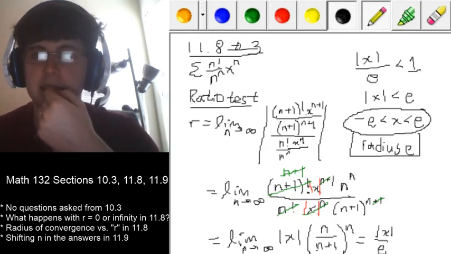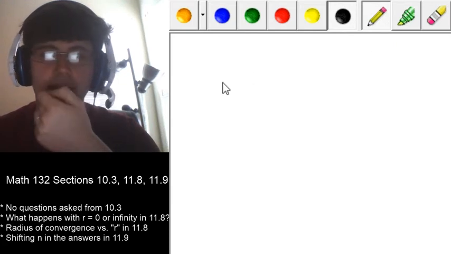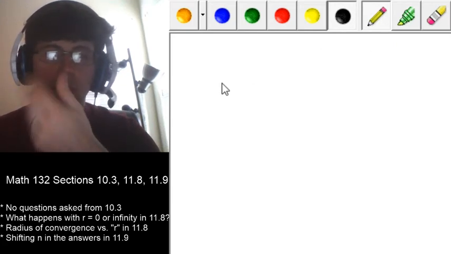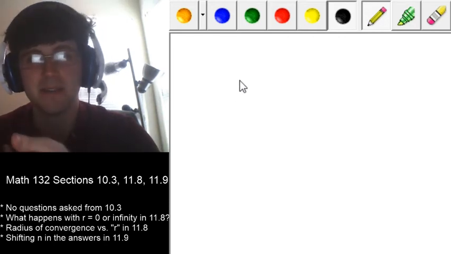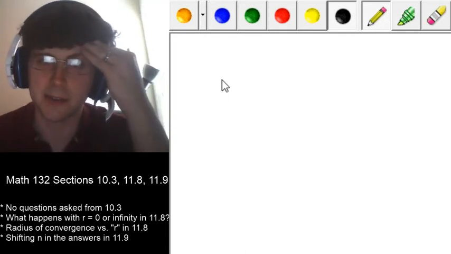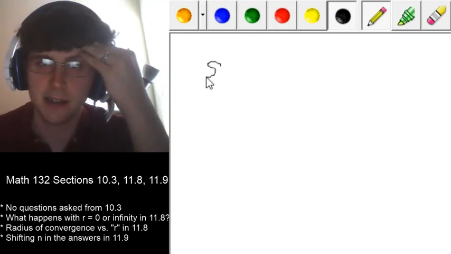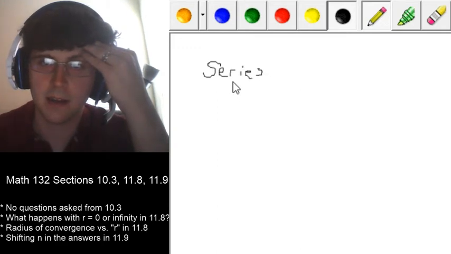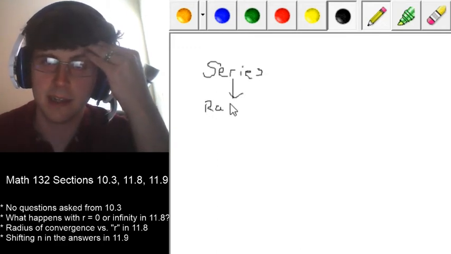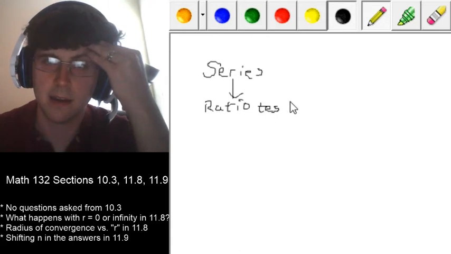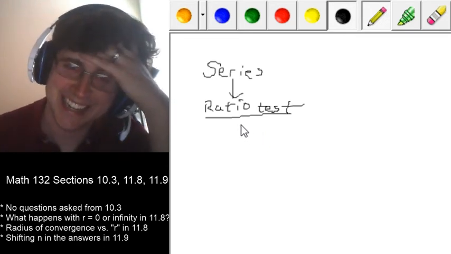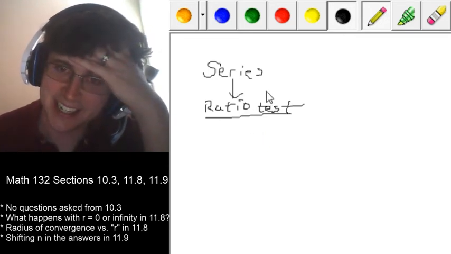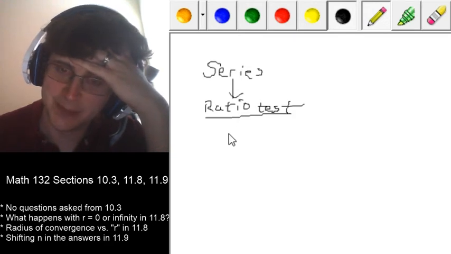Let's see if I can clear this. The other question I got from these 11.8s was, what if I get a radius of 0 or a radius of infinity? Or an r of 0 or an r of infinity? So, like, what's the deal with that? So, say you have a series, and you do the ratio test. Okay, so say you have a series, you do the ratio test, and you get that r is this limit,